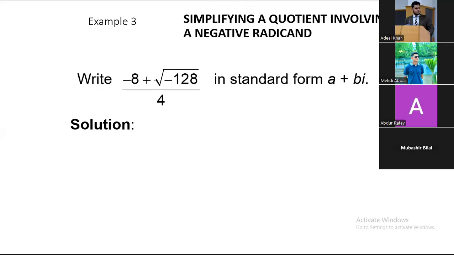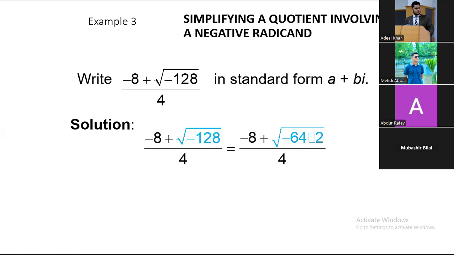So another aspect of example 3, the question involving a single radical. So how can we simplify this term of complex number? It is represented in this aspect. So coming toward the aspect, we first simplify the square root of terms which have the negative sign. So if we take the LCM of -128,